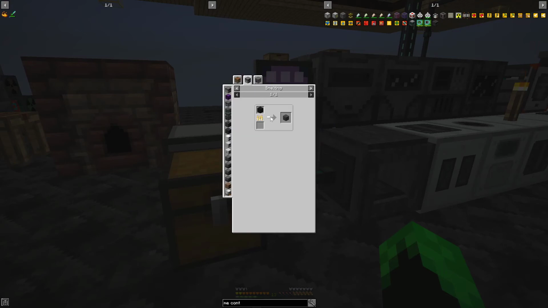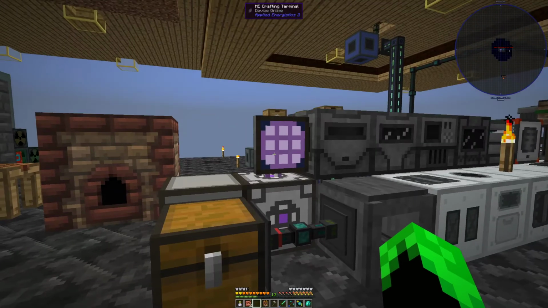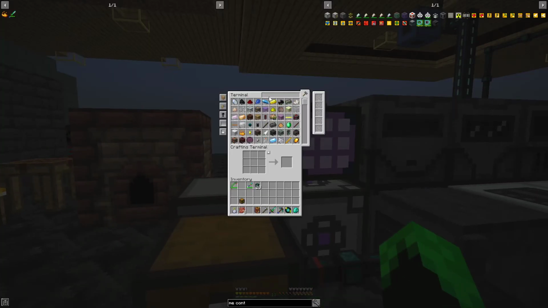Is there any other... Oh, wait. No, I just saw another way. Combustion. Oh. Obsidian and alchemical coal. Alchemical coal. Oh, that's really simple. Just coal and gunpowder. Yeah, let's do that. So we need 4 of those in obsidian to make one of those, and we need 2 of them. So for alchemical coal, we need...